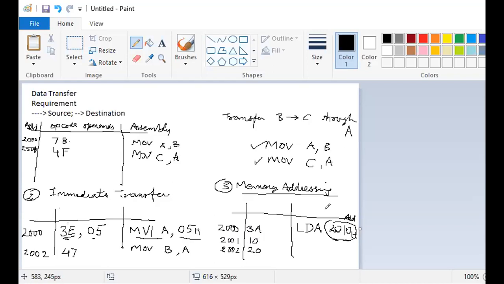Because this is a 3 byte instruction, its space in the memory will be 2 bytes for the address and 1 byte for the operation code. So LDA operation code is 3A, and this number, the least significant stored at the least address and high significant stored at the high address.